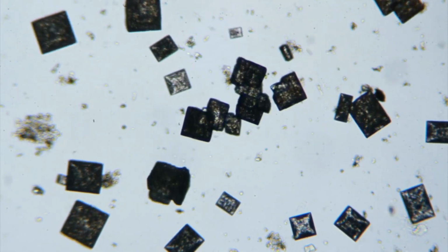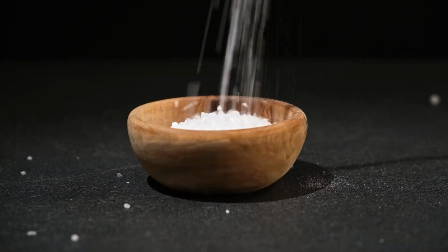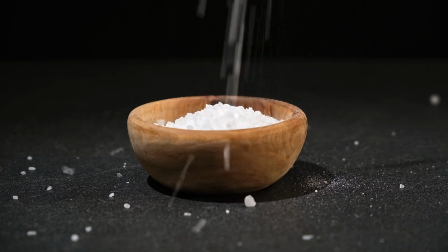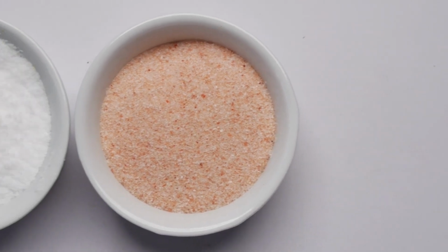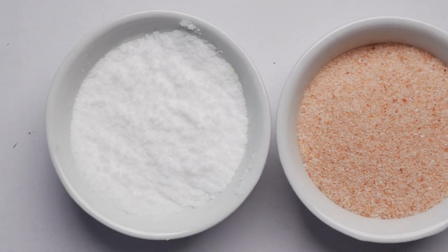Can I use table salt instead of kosher salt? While table salt can be used as a substitute for kosher salt in certain recipes, it's important to note that they have different textures and densities. While the taste difference may not be drastic, many chefs and home cooks prefer using kosher salt for its unique